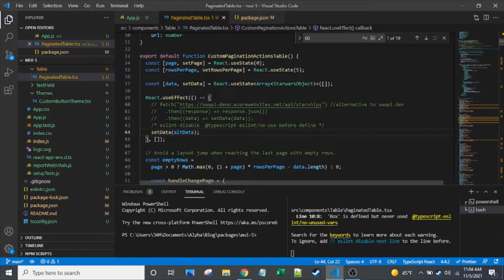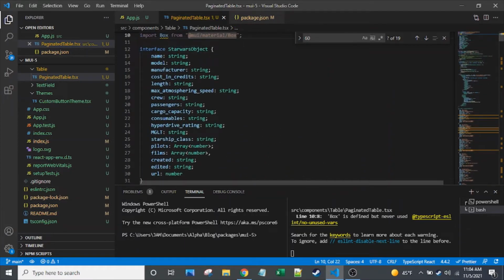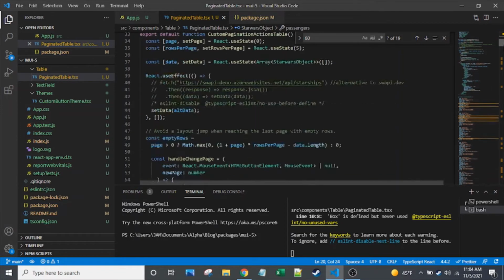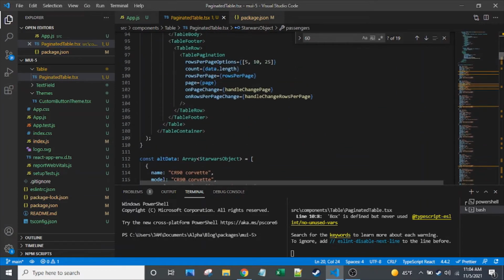So anyway, that's at a high level. Quick look at the object that we're looking at. I'm actually only using the first, I'm using these 3 and then the length. That's the only data that I'm actually displaying in the table. But I think it's good practice to have TypeScript enabled. So with that said, let's go down to the meat of this video, which is looking at our table